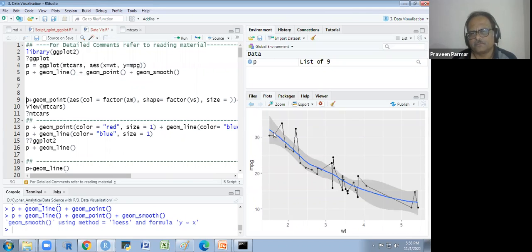It is a smooth curve. We are getting a predictive, non-linear curve. Got it? Yes.